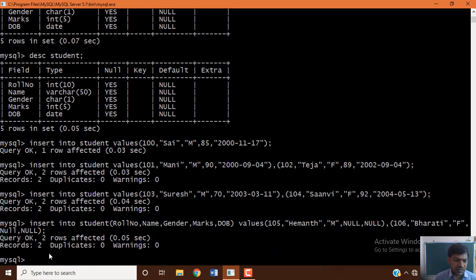Two records inserted. First one record, then two records, then two records, then two records. Total how many records? 7 records were inserted in the table.